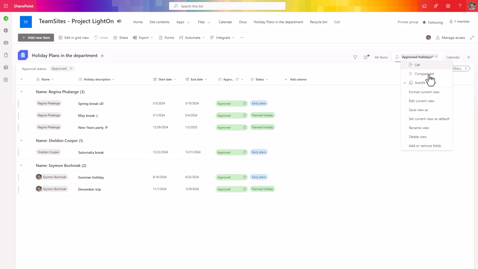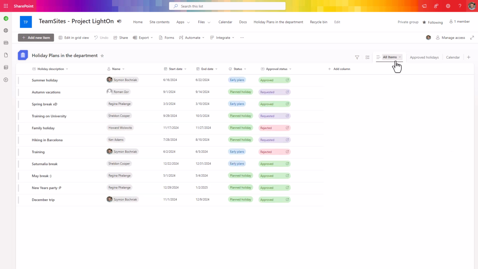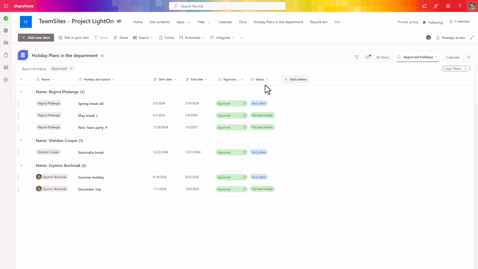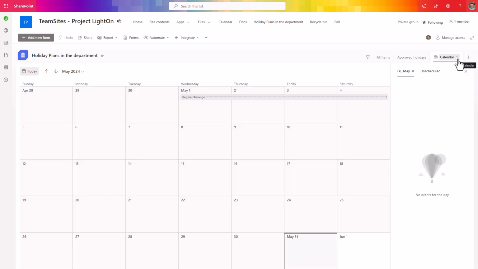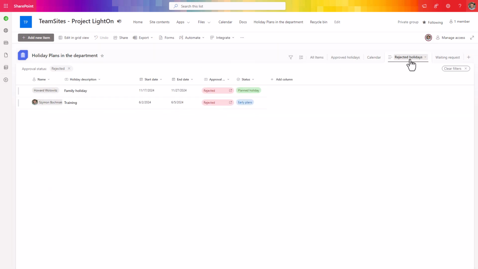But remember, you need to save the changes to the view. Now, if you get back to all items, you can see you automatically have two additional reports added. One will present all approved holidays, also the calendar view, and you can add even more. Add additional reports that will help to track all the registered data, like rejected holidays or waiting requests to be approved by the approver. You can see managing that kind of reports is very easy, and again, no code is